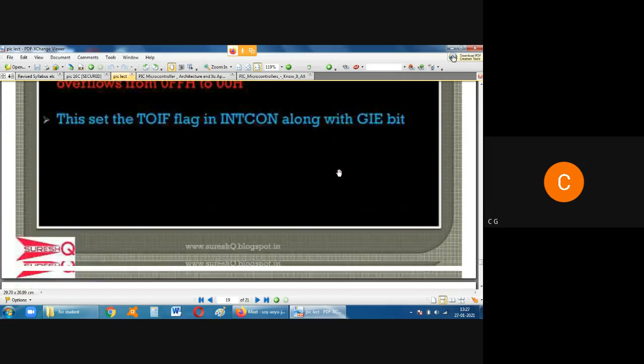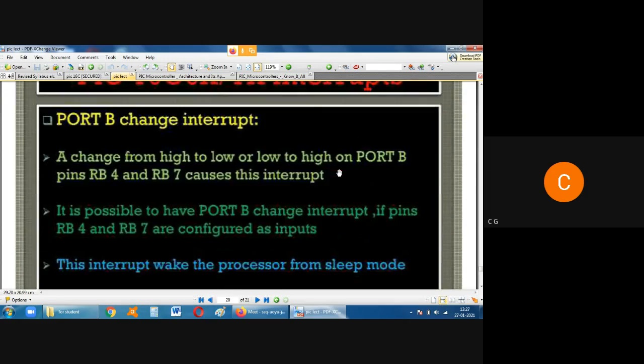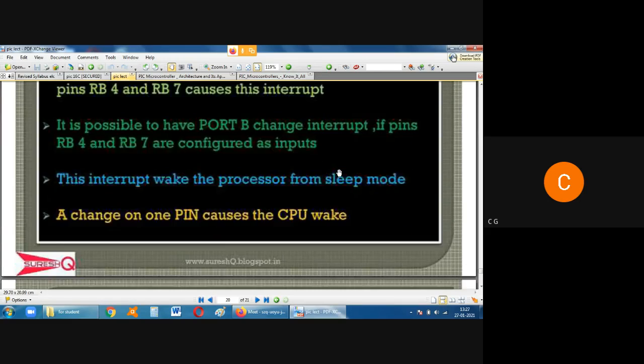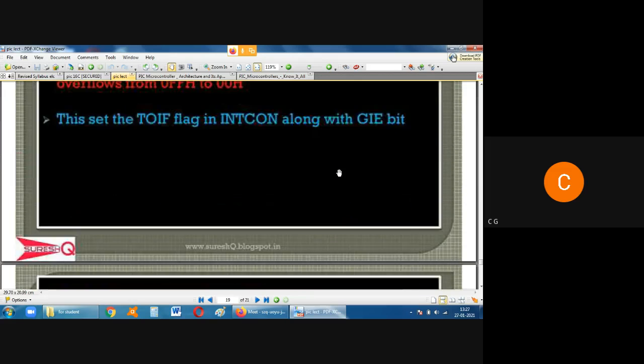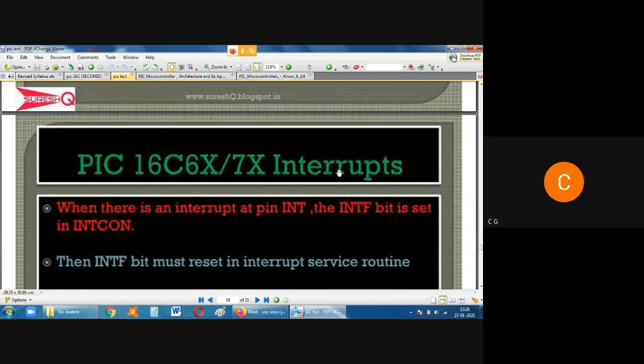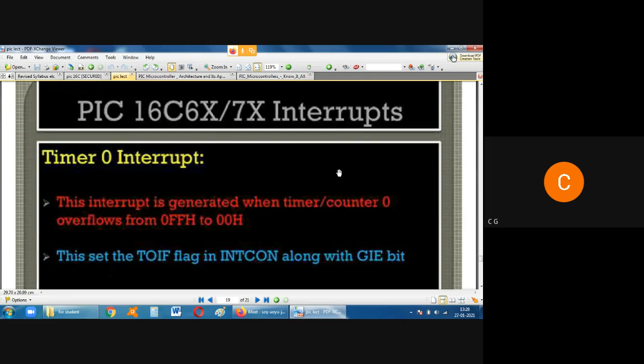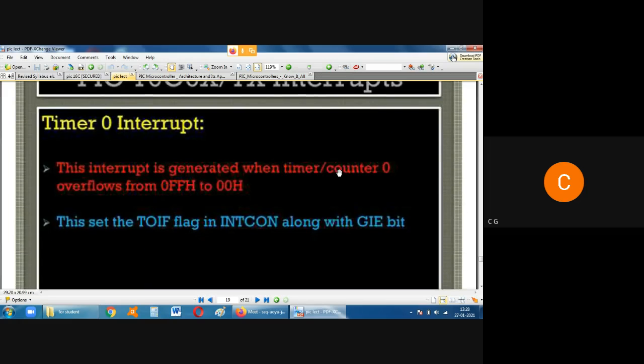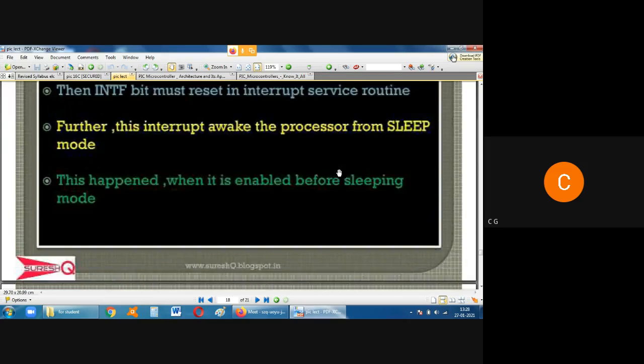These things we will see later on. I will notify you when we are supposed to do all these things. Maybe next week, I don't know. I may be able to take your lecture or not. I will notify you. Timer interrupts and all these things. Meanwhile, you people can